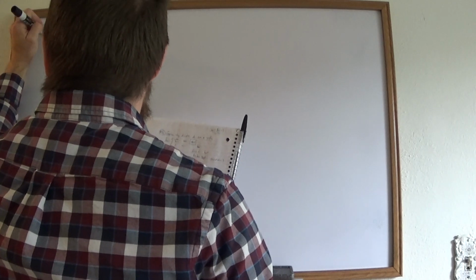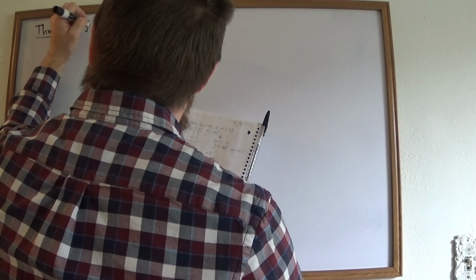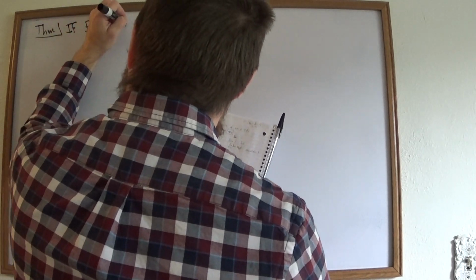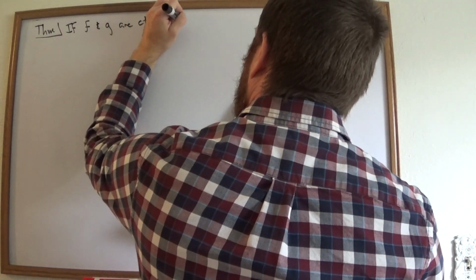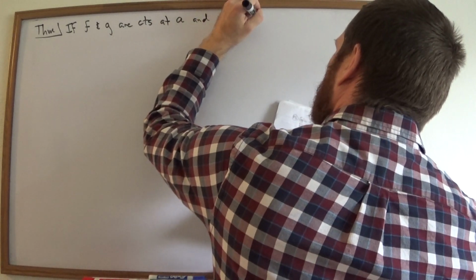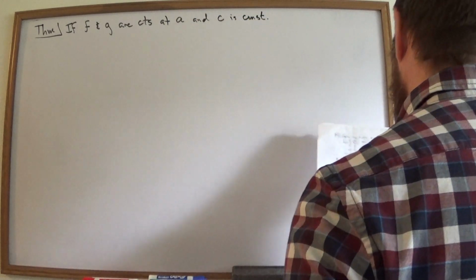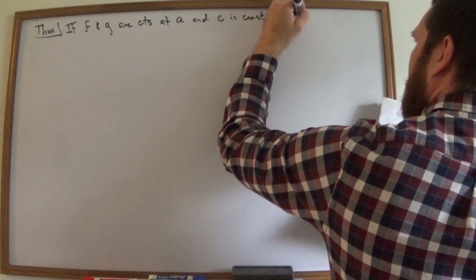Oh boy, here we go. Here's a couple of theorems. Here's like 5 theorems. The first one: if f and g are continuous at a, and c is a constant. Everybody got my abbreviations? Then the following